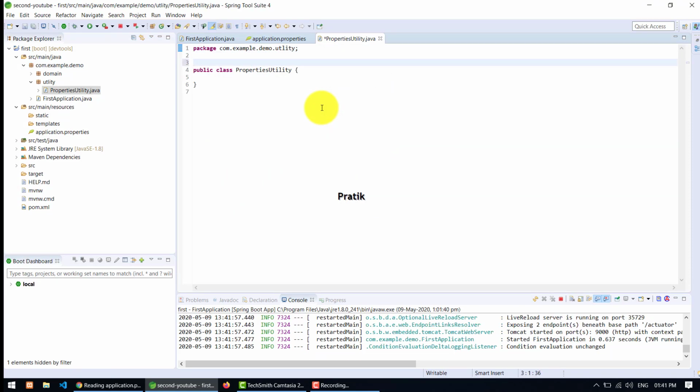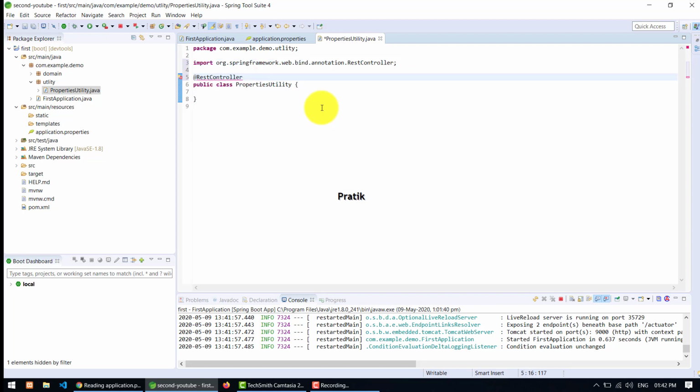What I do, I created it as a REST controller again for checking purposes. REST controller, and I'm using request mapping, or I just use get mapping and all. Okay, so for that purpose, what I do, I just use